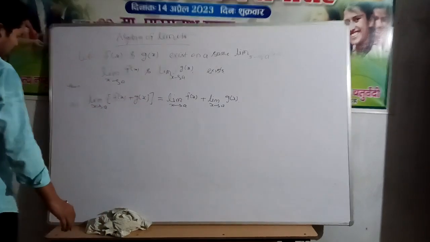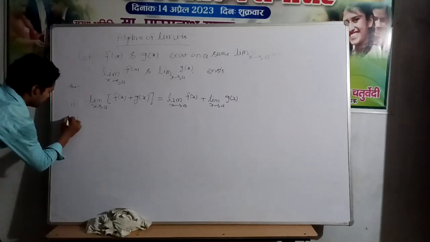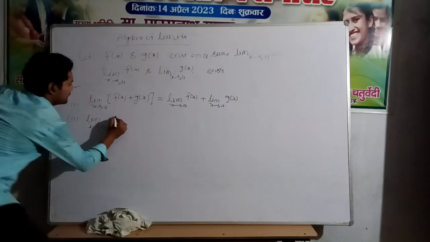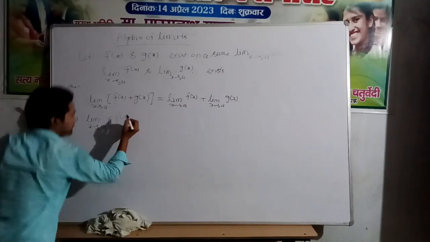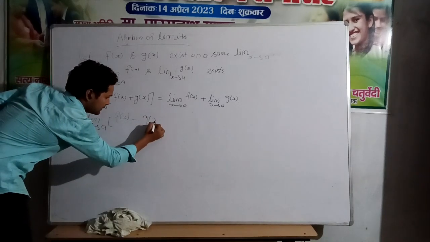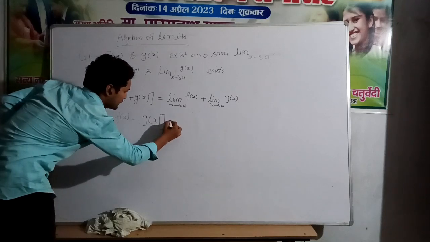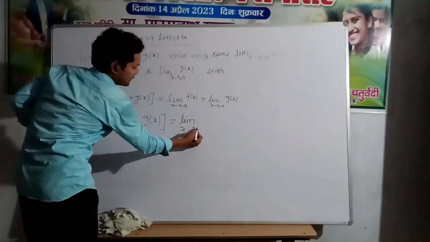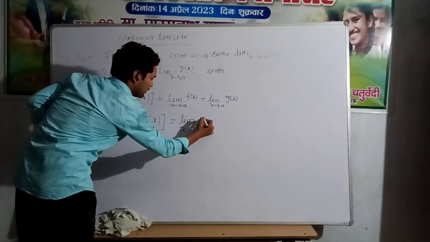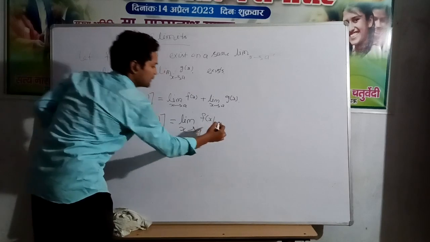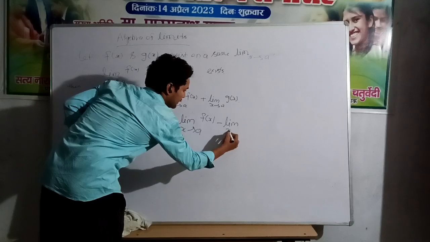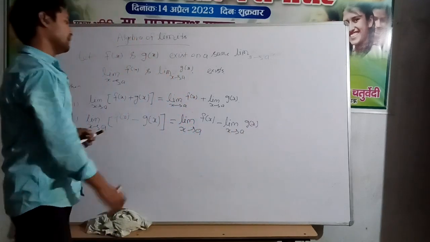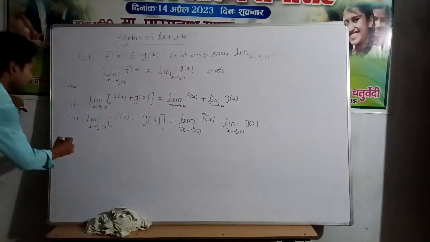Okay, now second thing: the limit x tends to a of f(x) minus g(x) is equal to the limit x tends to a of f(x) minus the limit x tends to a of g(x). Okay, now we come to the third point,